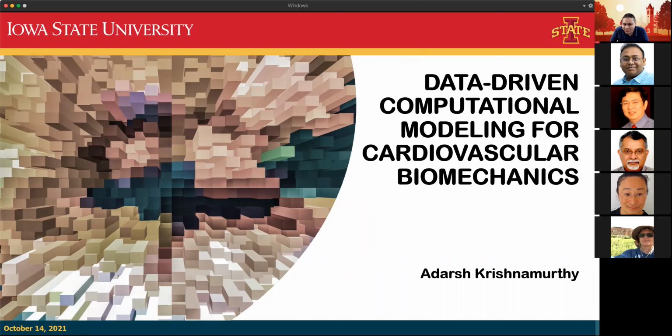I'm going to start first with the traditional computational modeling approach, and then slowly transition to data-driven and machine learning approaches towards the end. So this will also serve as a good way to see how we were able to take a traditional simulation process and then bring in machine learning and artificial intelligence